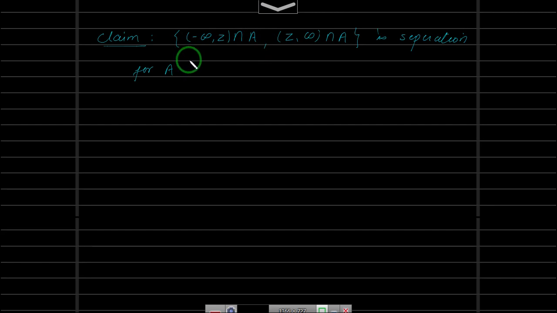Okay, as a simple application of this if and only if statement, what we have proved is A is connected if and only if it is an interval. Because in the previous videos, if you have not gone through it, please go through it, we already proved that any interval in R with usual topology is connected. Now we have proved that if we have a connected set in R with usual topology, it is an interval. So in short, we have proved the if and only if statement.